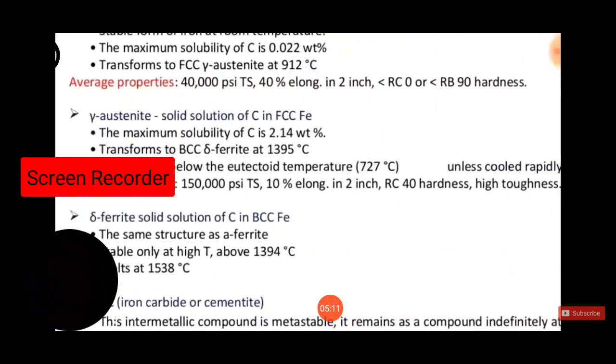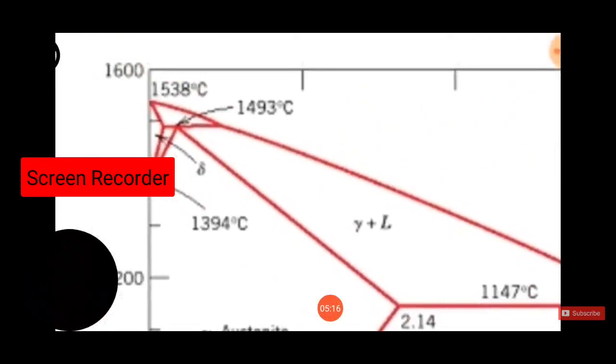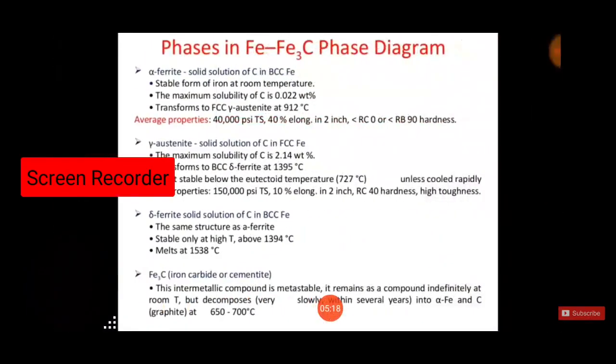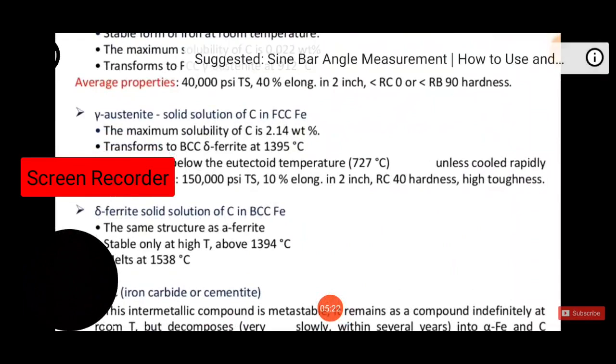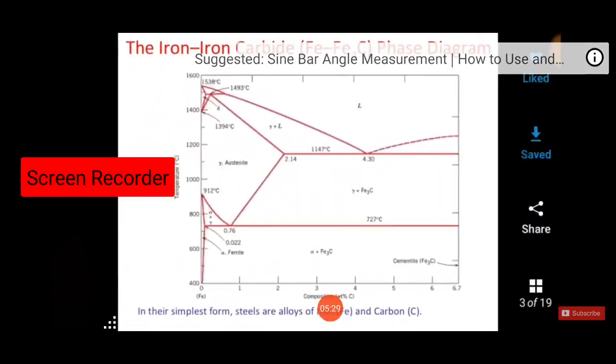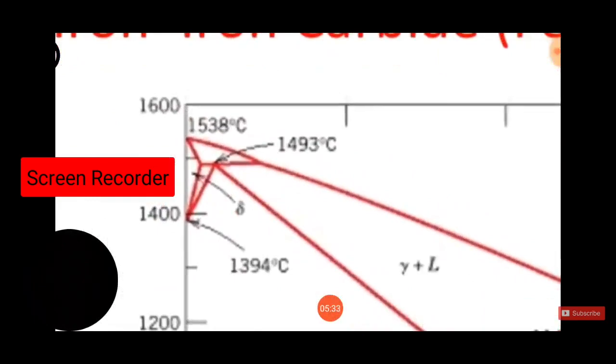Then comes delta ferrite, solid solution of carbon in BCC iron. The same structure as ferrite, stable only at high temperature above 1394 degrees Celsius, and melts at 1538 degrees Celsius. Delta ferrite to